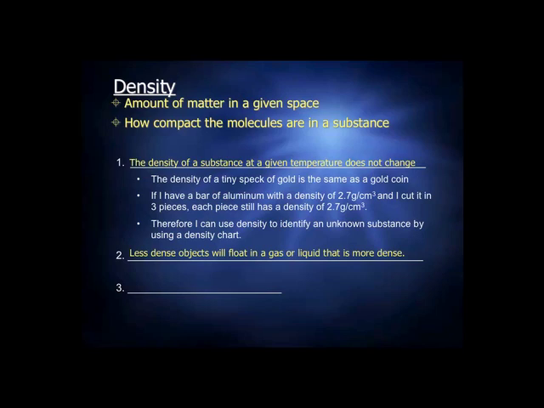Density is also important in objects floating or sinking in liquids or gases. A less dense object will float in a gas or a liquid that's more dense. With this block of aluminum,